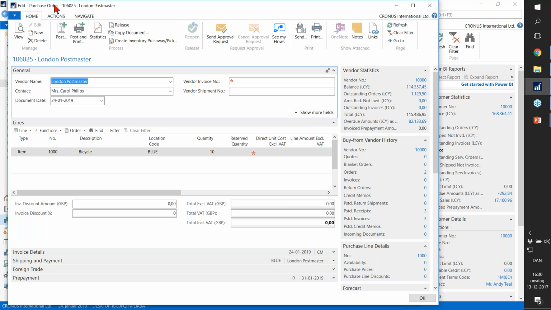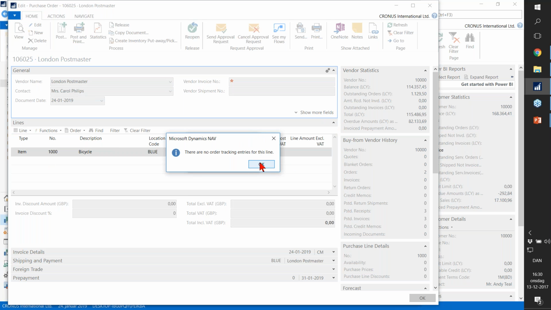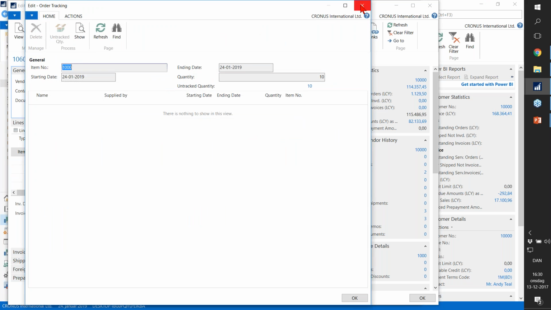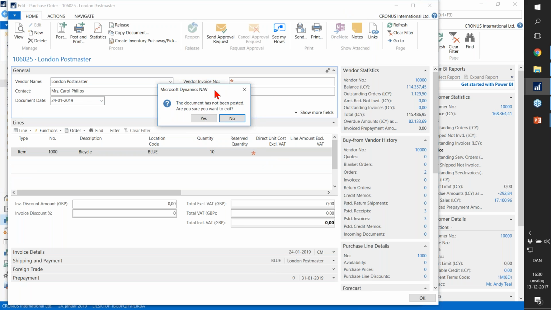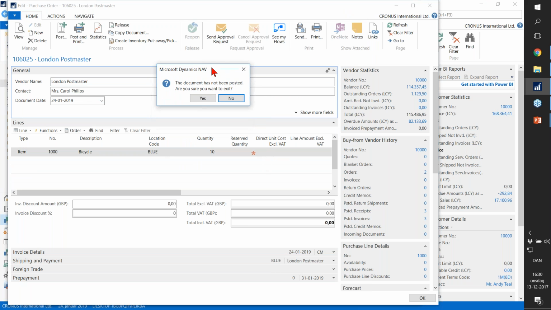So now I have a purchase order for this. What I would have liked also was that the order tracking was activated for this, but they haven't done that. So that might be coming in the next hotfix or something like that. For those of you who are a little bit annoyed with this